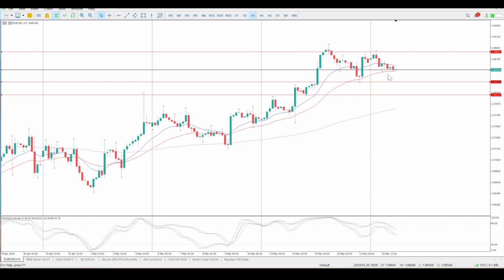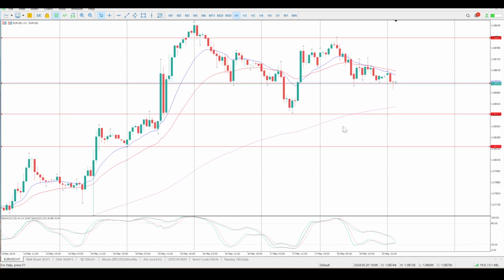We are waiting on the Feds. Feds are coming out only tomorrow though, so we could be waiting quite some time. But as you can see yesterday, basically nothing. We just touched the high again, or that level of resistance at 108852, and then just dropped off, and we've sort of found support down here at